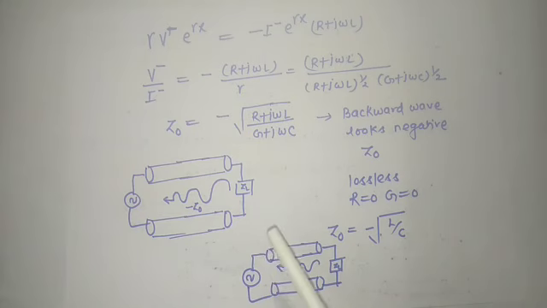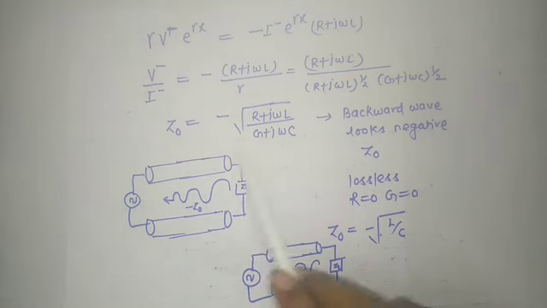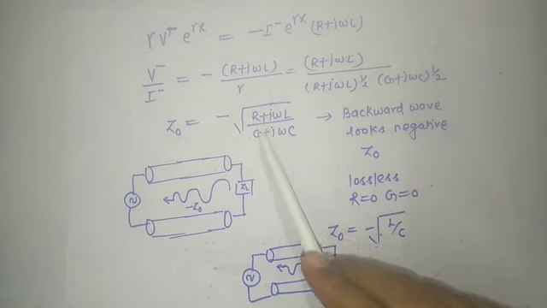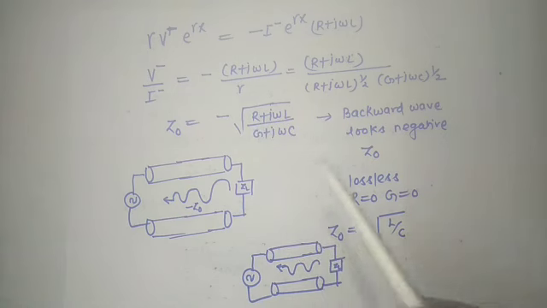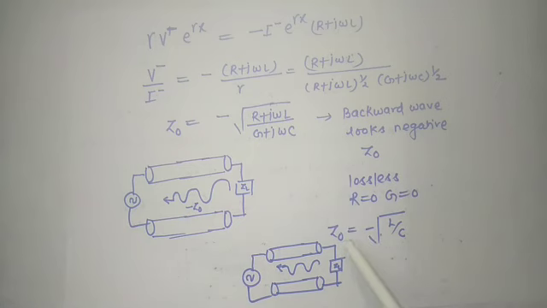Another thing you can say, this characteristic impedance is for the backward wave, and whenever the backward wave travels from load to source, there will be attenuation because the R and G terms are present. If you want to make it lossless, then you have to put the values of R and G equal to 0, then the characteristic impedance is equal to negative times under root L over C. So in this case you can see there is no attenuation, because the values of R and G are 0, there is no lossy element.